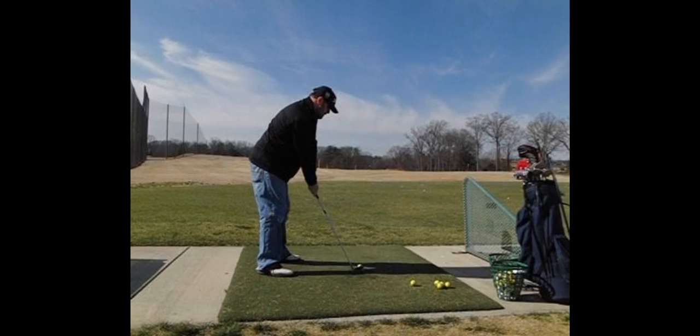And so we discussed his issues in his golf game. He said a lot of shots missing right, inconsistent contact, mostly on the toe, and some issues with hitting the ground and the ball. So we discussed that and kind of went back through some issues that we had before